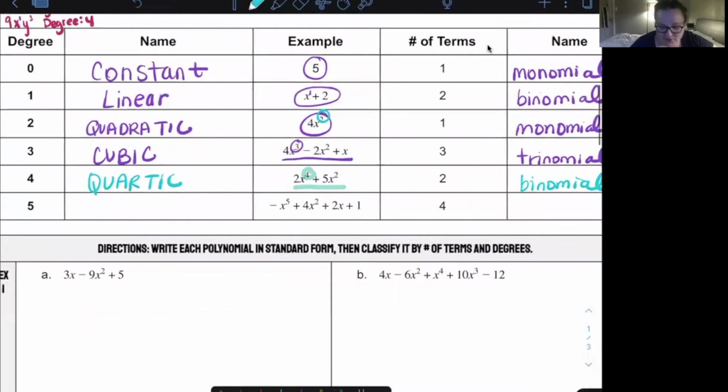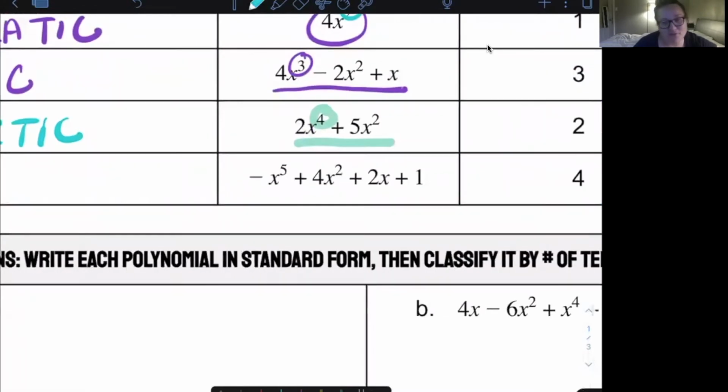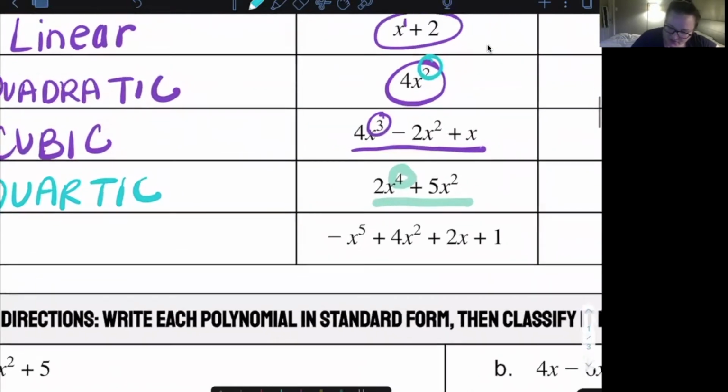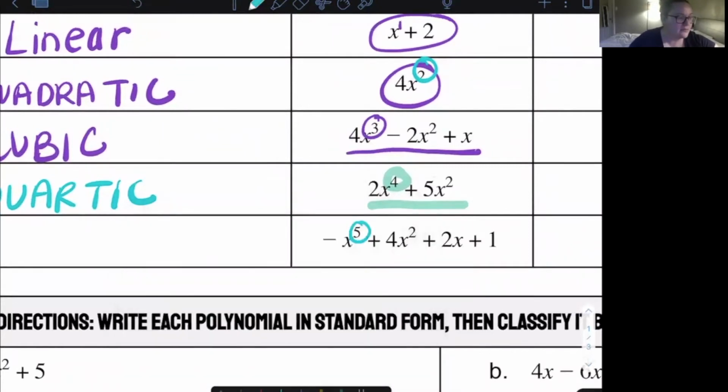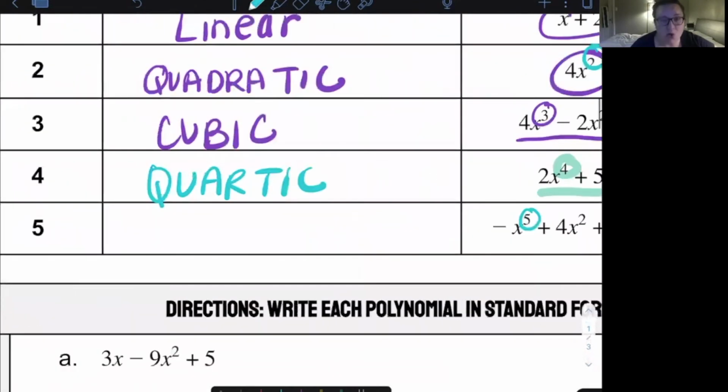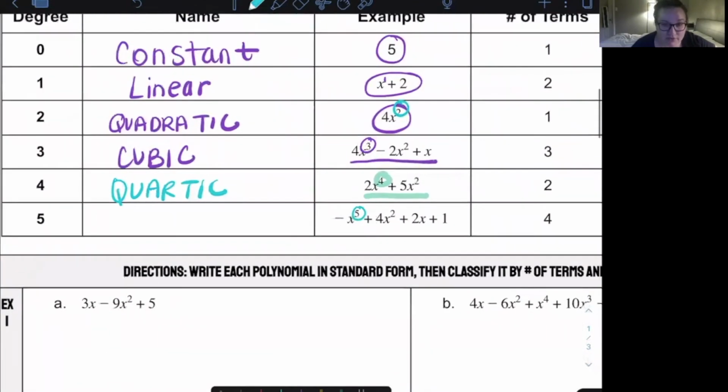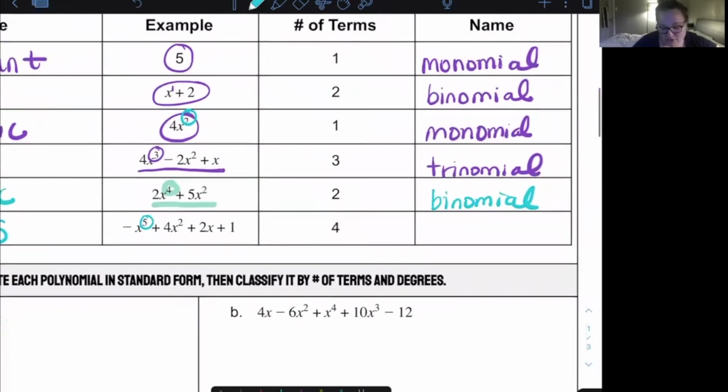Then for our last one, our expression is negative x to the 5th plus 4x squared plus 2x plus 1. Our highest degree is degree 5. So at this point, we can use the word quintic to describe this, or you can just tell me that this is a degree 5. After degree 4, we just start saying this is a degree 5 polynomial. Degree 5 polynomial with 4 terms, so we just say a polynomial of